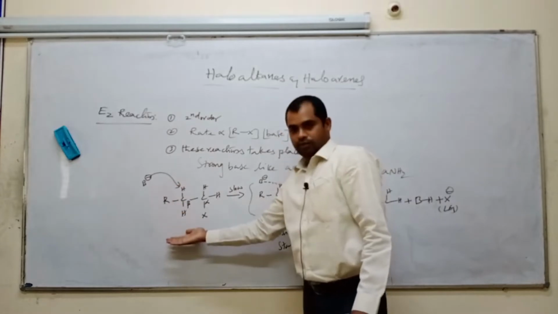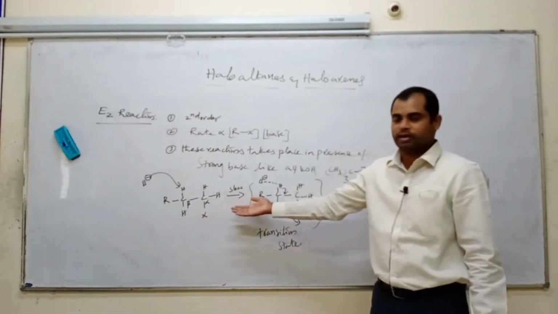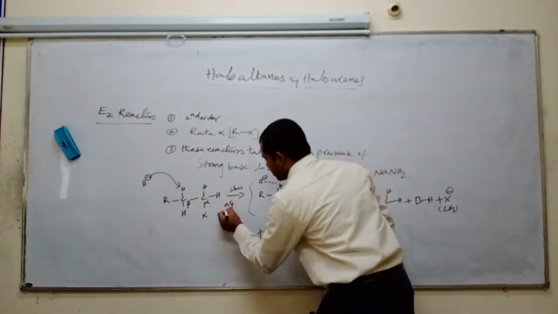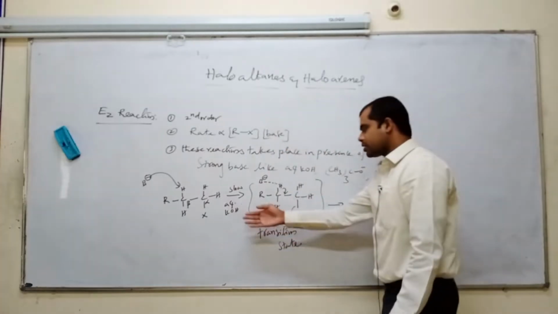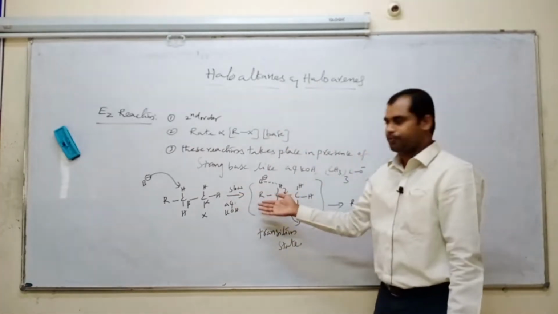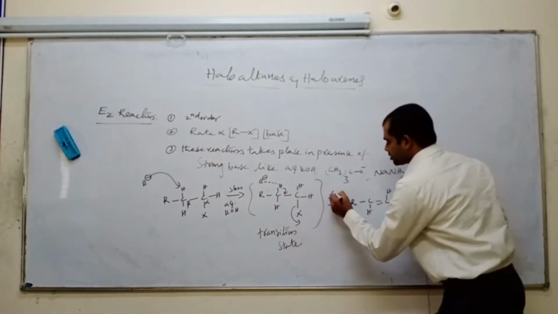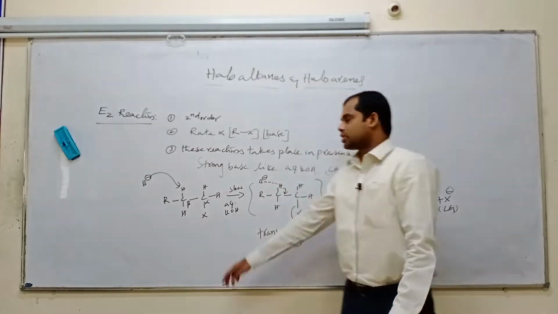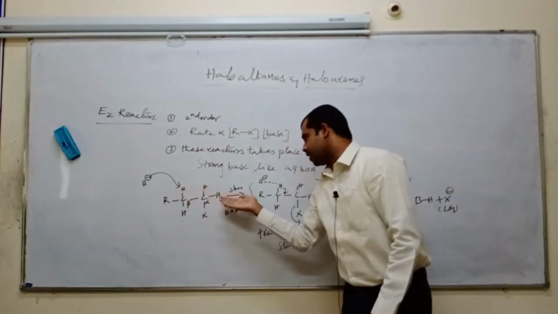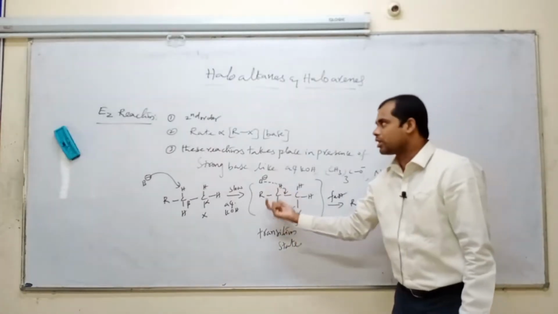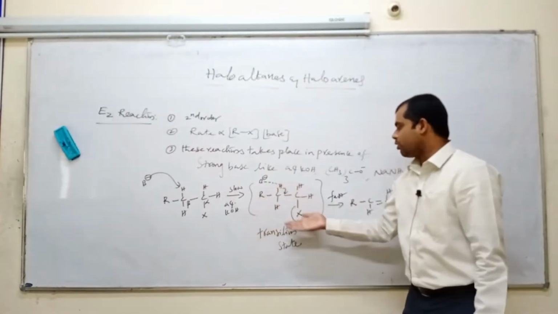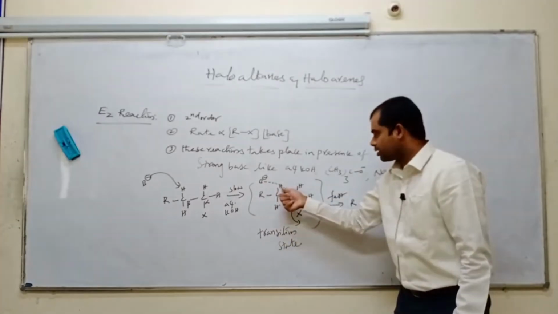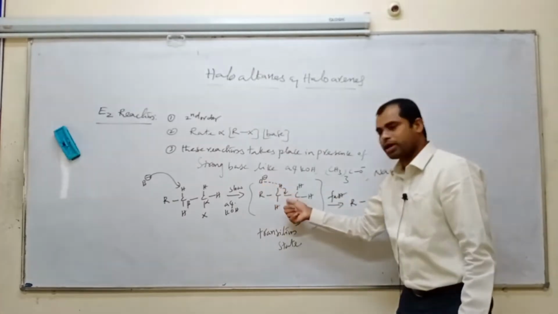First of all, a haloalkane with a beta hydrogen atom reacts in the presence of any strong base or aqueous KOH. In the presence of aqueous KOH, what happens? The reaction first takes a slow step, and then afterwards the reaction is fast. This slow step is called the rate determining step. When the base attacks, they form the transition state, same as SN2. Then immediately bond breaking takes place. The halogen goes outside, and the base reacts with the proton. Once the proton combines with the base, the single bond becomes a double bond.